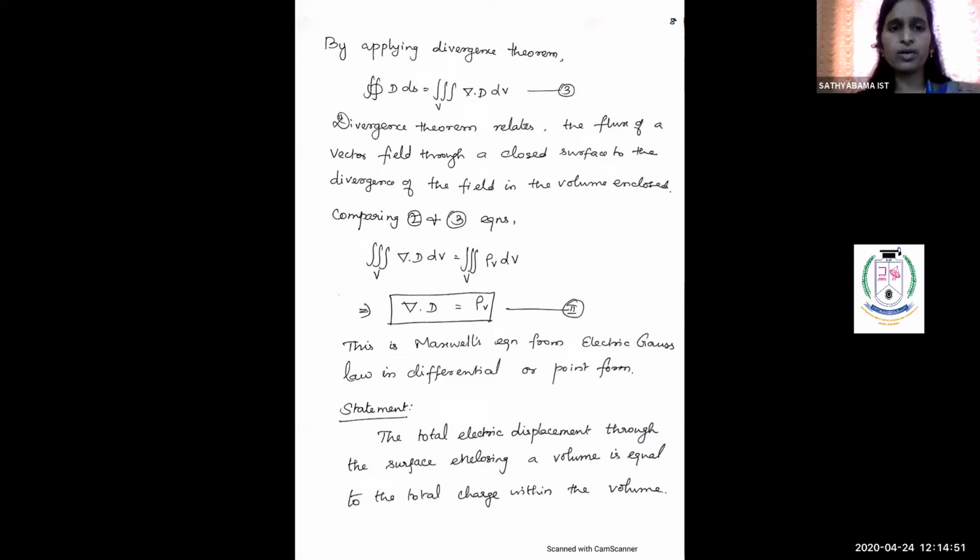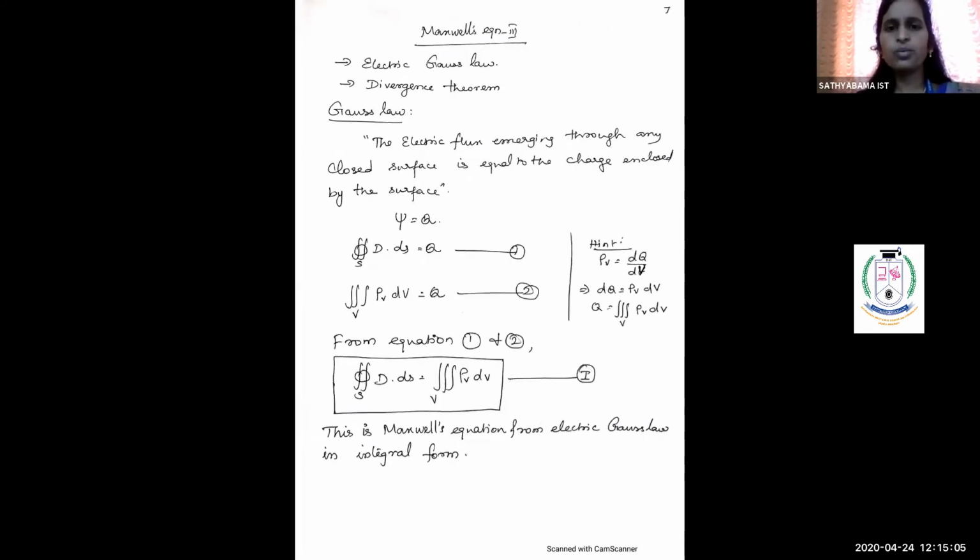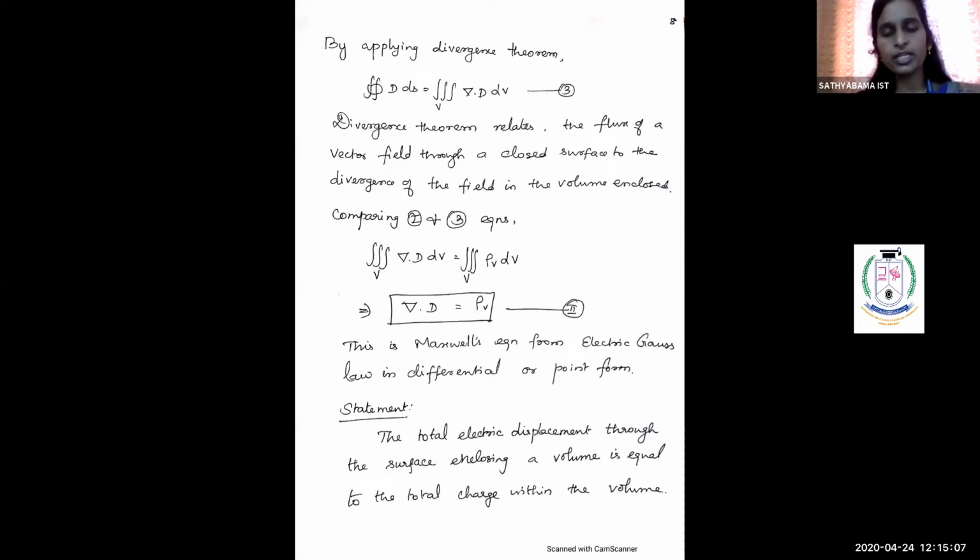So in this equation also you have the left hand side as surface integral D dot dS. So what you have to do, you can equate the right hand side of your first Roman letter equation, that is volume integral rho v dv, with your third equation, that is del dot D dv. So when you equate these equations, you get volume integral del dot D dv is equal to volume integral rho v dv. So we can equate del dot D is equal to rho v. Are we understanding this? This is going to be our Maxwell's equation from Gauss law in differential form.